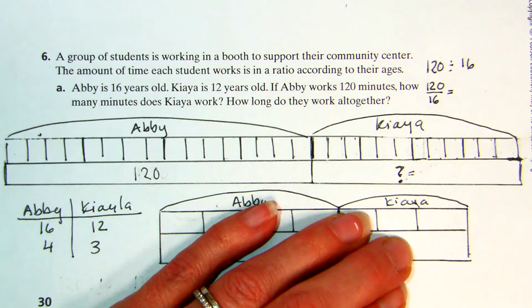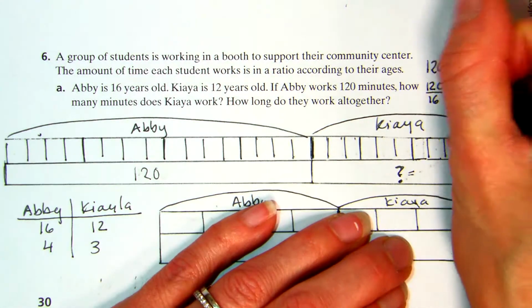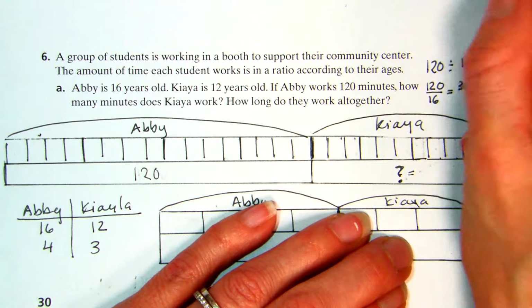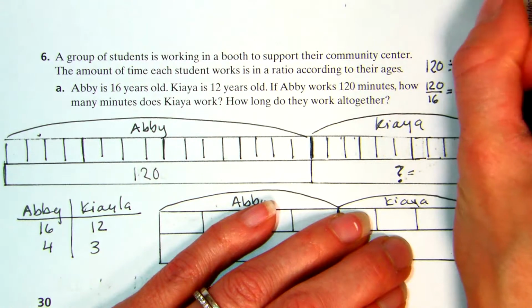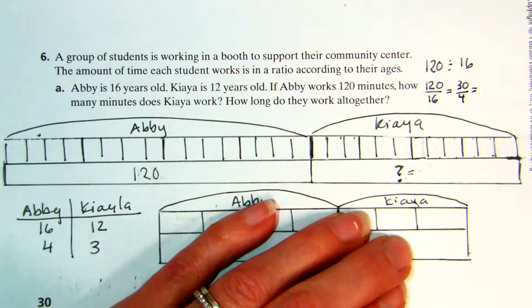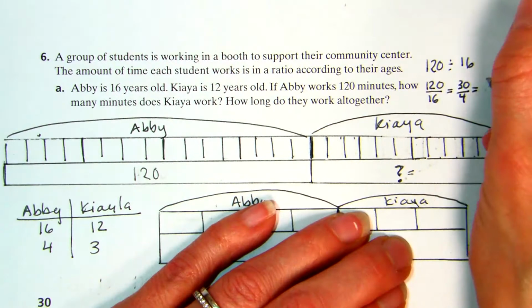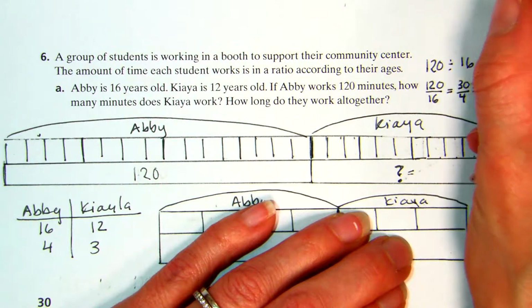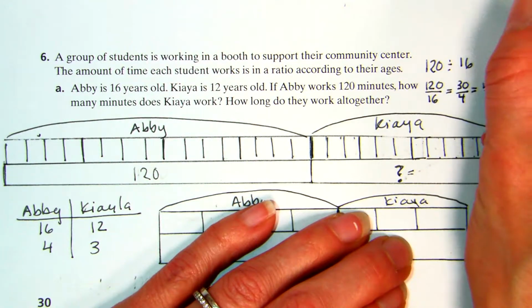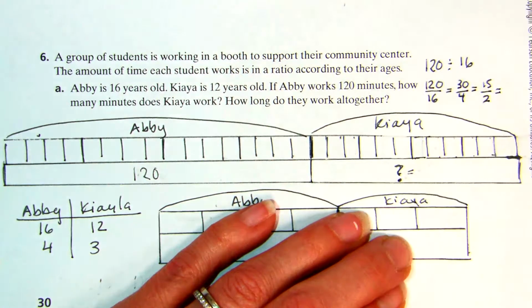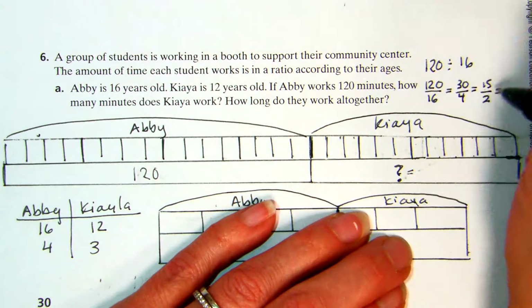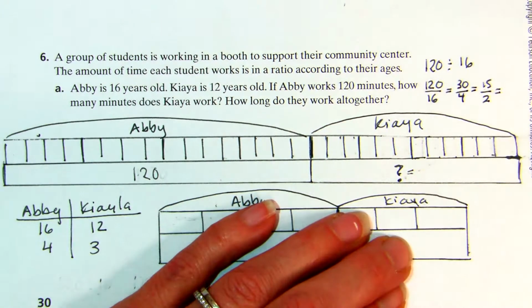And then I'm going to reduce. I'm going to say, okay, I know 120 and 16 are both divisible by 4. So 120 divided by 4 would give me 30, and 16 divided by 4 would give me 4. 30 and 4 are still also divisible by 2, so I'm going to simplify again. So 30 divided by 2 is 15, and 4 divided by 2 is 2. So now I've got 15 over 2, which is much easier than thinking about 120 over 16, 120 divided by